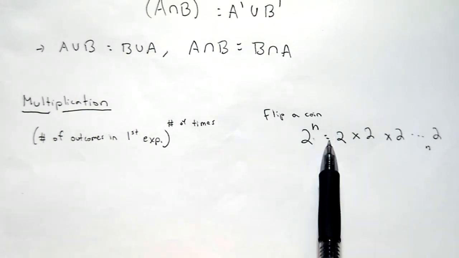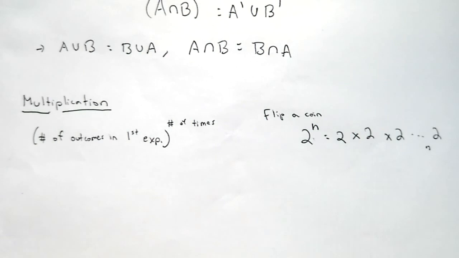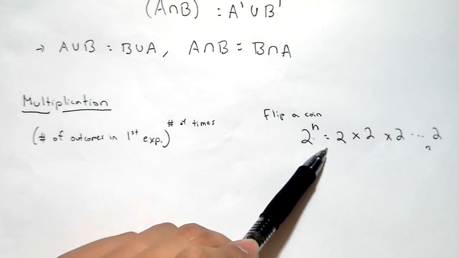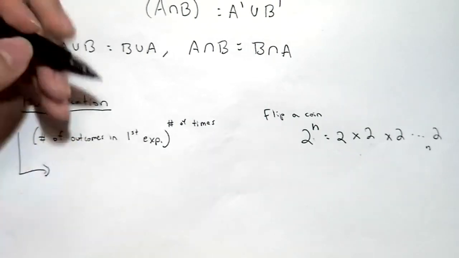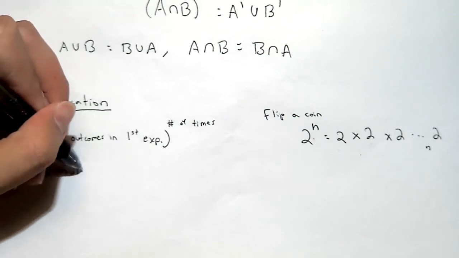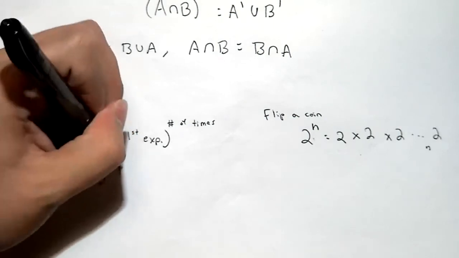So the multiplication rule is, all it tells us is that in order to get the total number of outcomes, all you have to do is multiply the number of outcomes in each step of the experiment. If the steps are all the same, like flipping a coin, then it's just your outcomes to the power of the number of times. But if not, all you have to do is multiply. So the multiplication rule tells me to multiply the number of outcomes